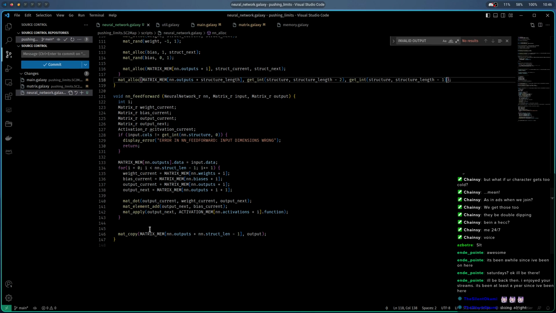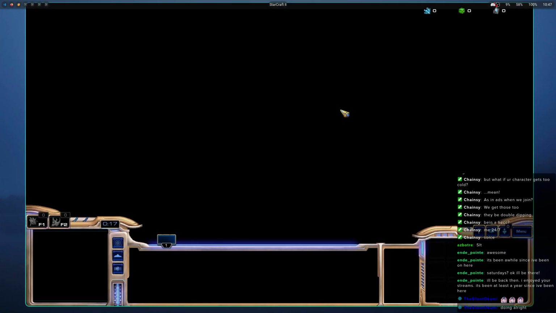So I want to do the dot product between the current output and the current weight. And I want that to be put into output next. Then I want output next to be... oh no. No, that doesn't make any sense. I want output next to have bias current added to it. And then I want that to have the activation function applied to it. So